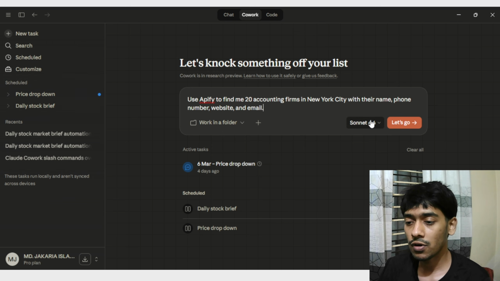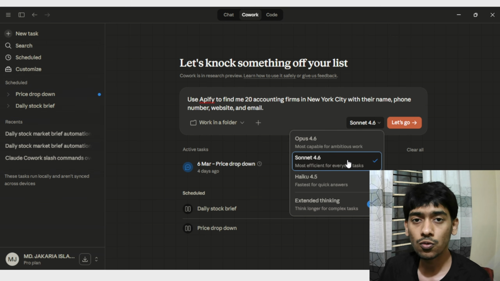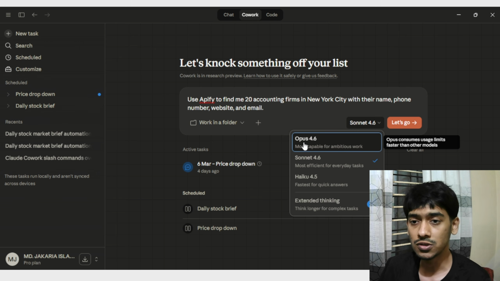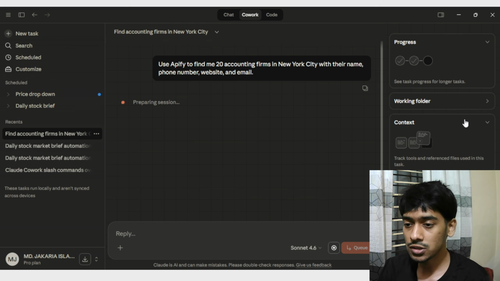And after that, if I want, I can choose which model I want to use. In this case I'm using the Sonnet 4.6. If you think your work is complex, then you can choose the Opus 4.6. After that I'll just go with "let's go", and right now it just took some minutes to do the whole